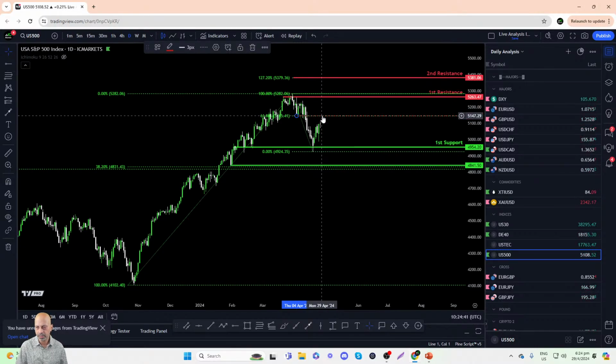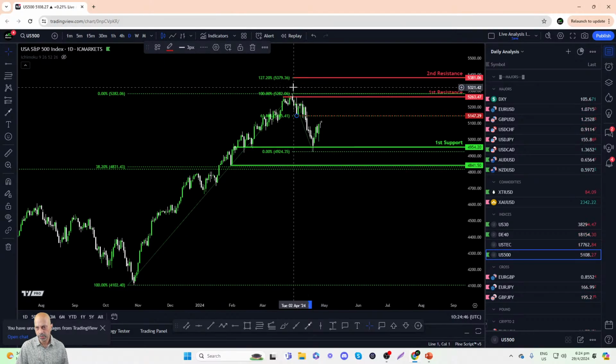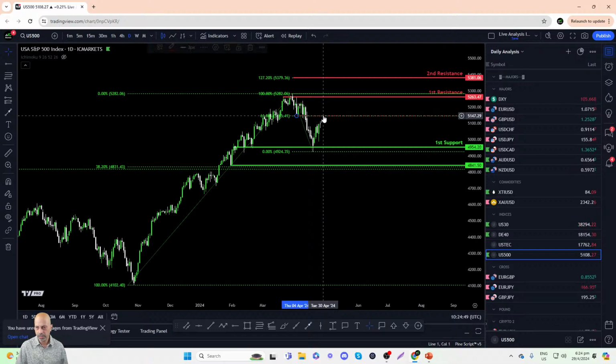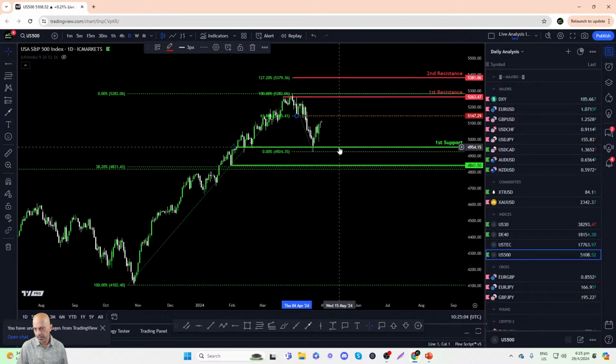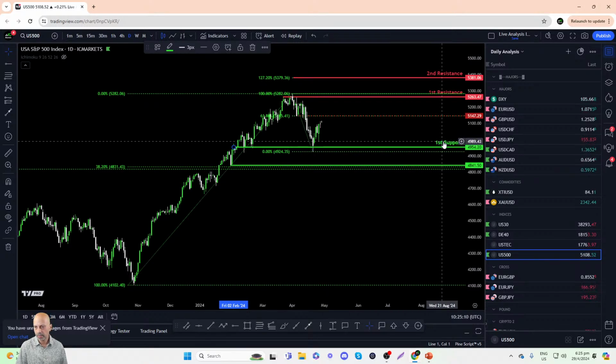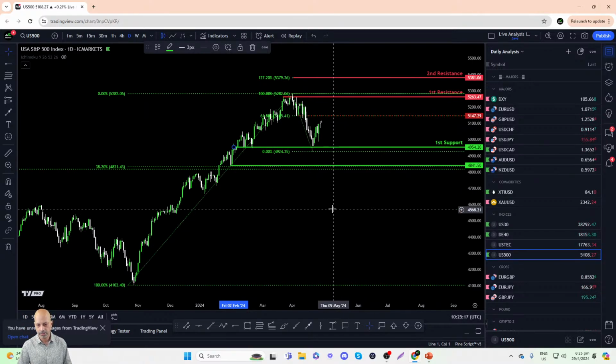If it can break above this level cleanly, then quite likely we're going to see it make a move all the way up to the all-time high. However, if we do see US 500 being rejected around this level, it may help us identify a potential short entry. So should we see US 500 reverse from 5,150 and start to drop lower, we can use the first support between 4,954 and 5,000 to help us identify a suitable take profit zone for any potential short US 500 trade.